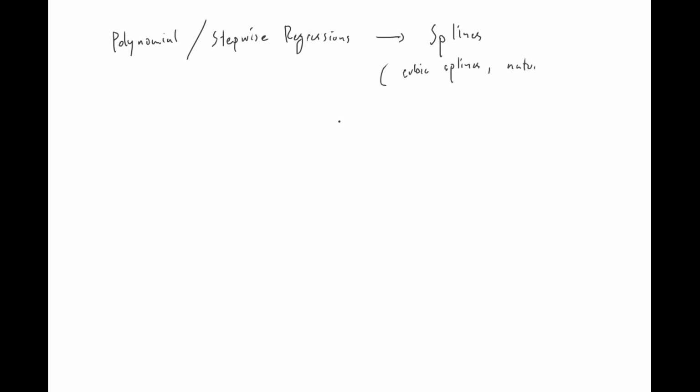And so we went from this examination of doing polynomial or stepwise regressions, and then proceeding to more complex regressions, looking at the formation of splines, right? And so we looked at things like cubic splines, natural splines,